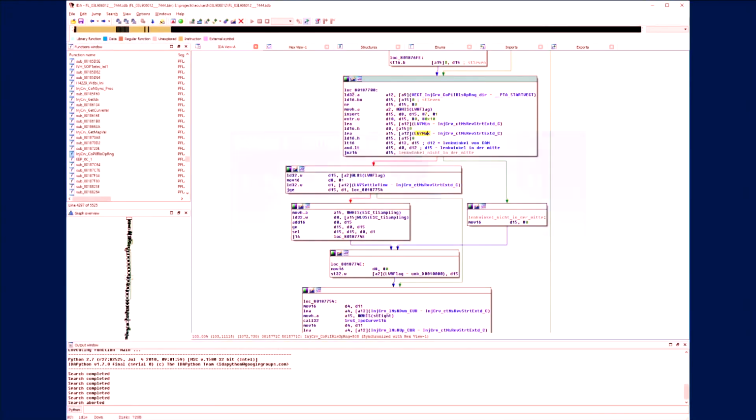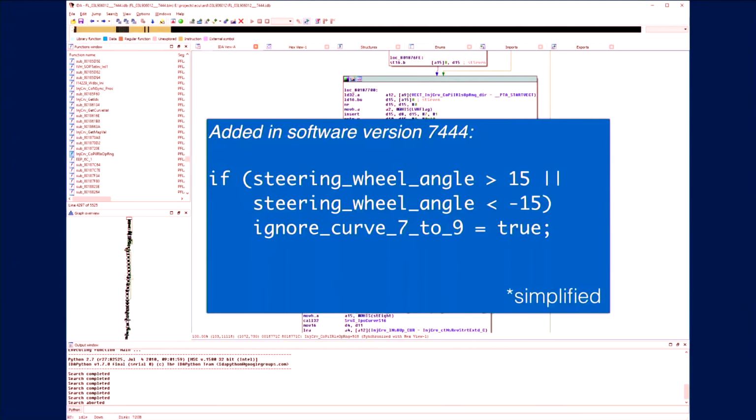And what I saw, what Volkswagen added in the software that was part of this recall, was this function. So this is from a disassembly. In pseudocode, this is this. So they started looking at the steering wheel angle. And if they figured out that you moved the steering wheel angle, then they ignored the more open curves. So the idea is, yeah, if you move the steering wheel, you're definitely not in a test cycle. So at that point, we do not try to operate in this